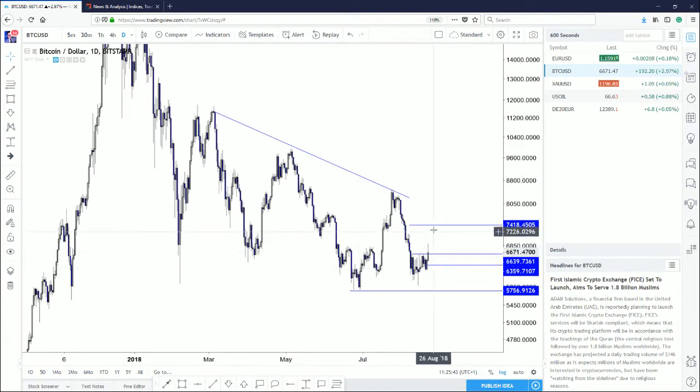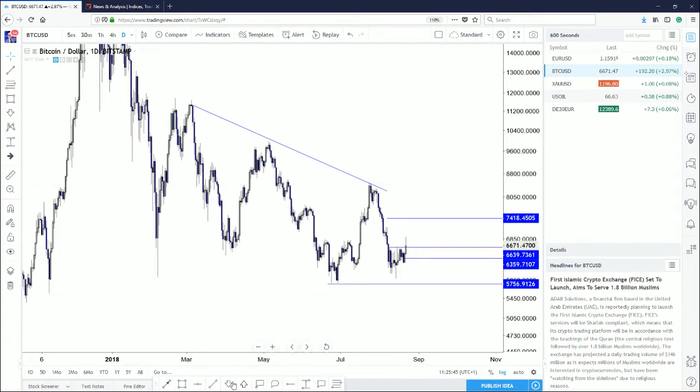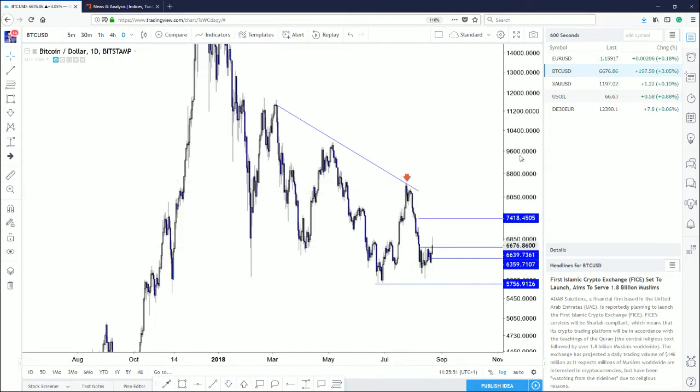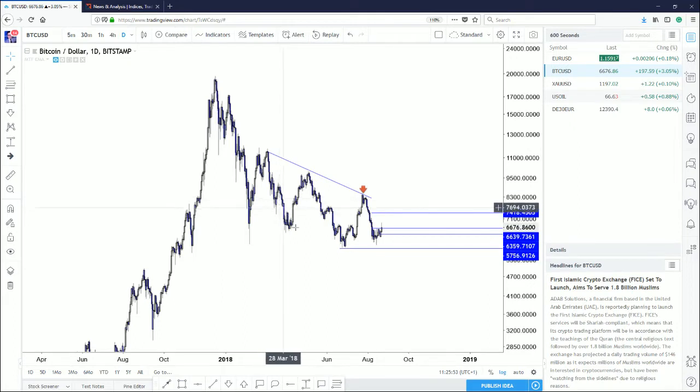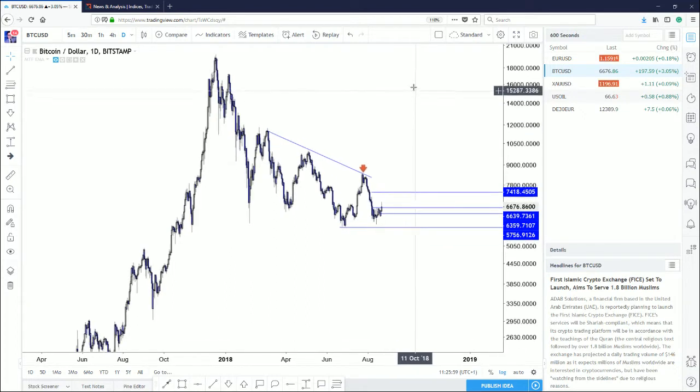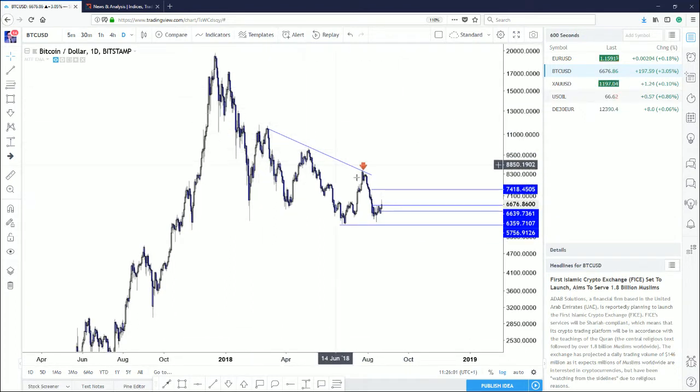So a bit of a bullish move, and then we would need to see. You have this massive high here that is blocking price, and obviously if we take this out, we probably bottomed out here and could potentially be up, down, and maybe up to 20k again. But for now, we're still limited by this move here.